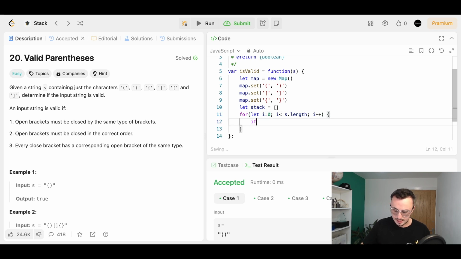Then we'll say if map.get(s[i]). So the current character is a key in the map. It means it's an opening bracket. And we need to push it onto the stack. So stack.push